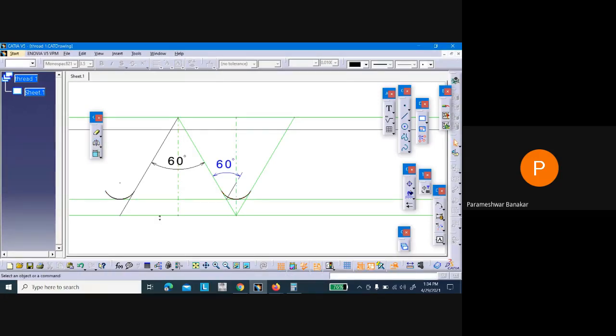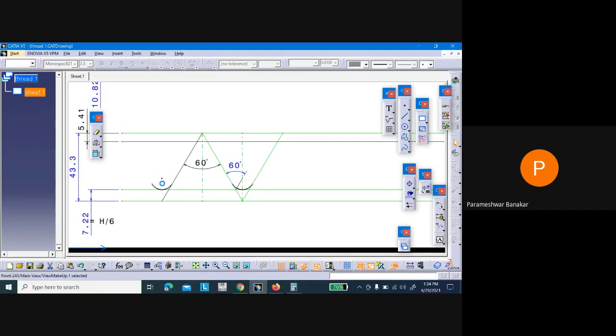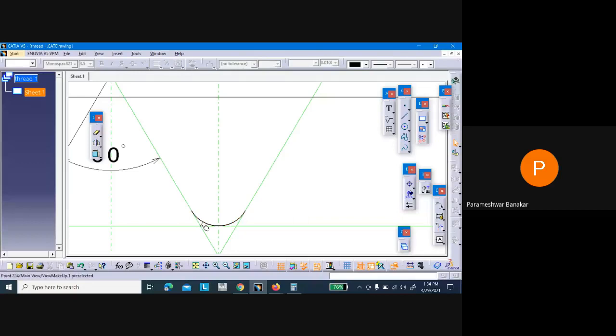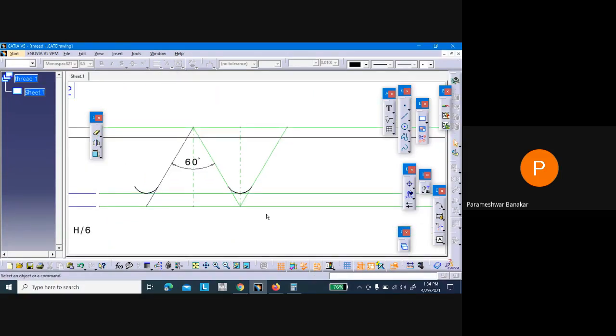One more has come. Remove this point if you want, and I will also remove this 60-degree line, I don't want that right now, and this line as well. Here also it is there, we'll remove this. So now the arc is created, right?